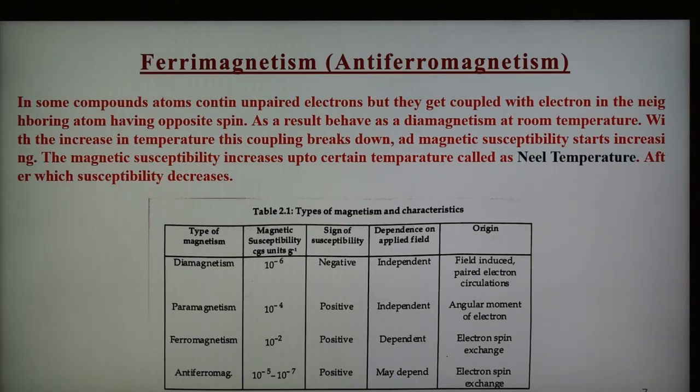Today we stop here, and in the next part we are going to discuss the determination of magnetic susceptibility by the Gouy method, the spin-only formula, the orbital contribution to the magnetic moment, and the magnetic properties of some complexes with different configurations.